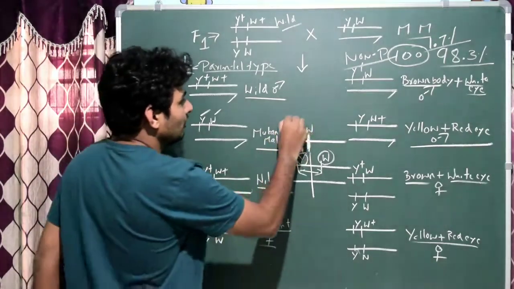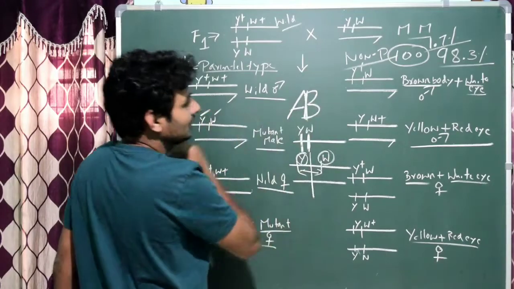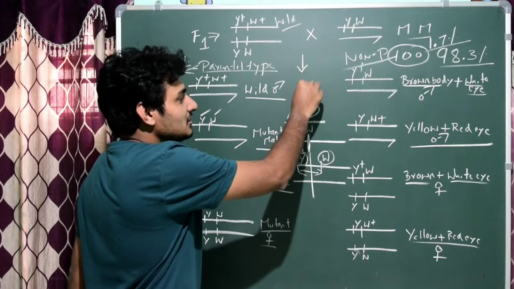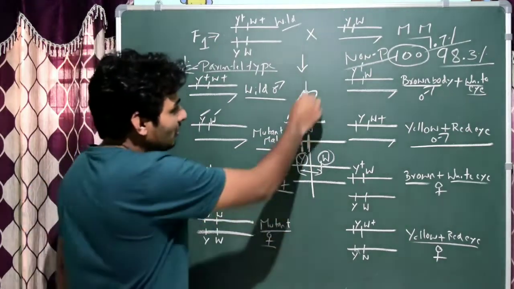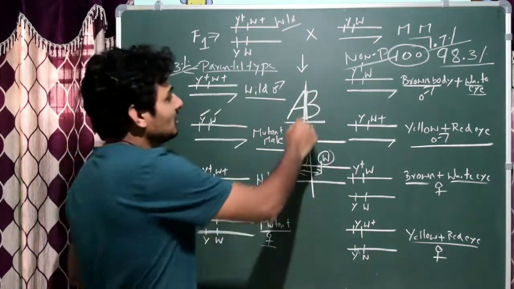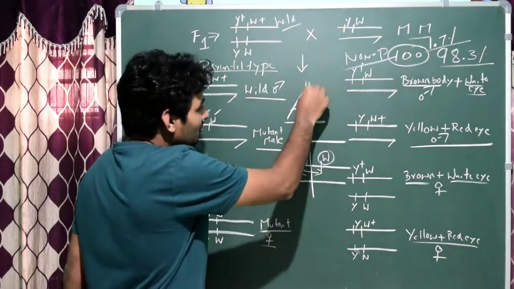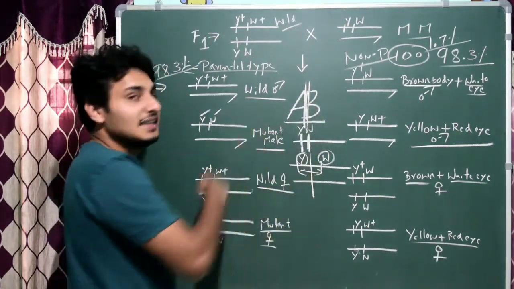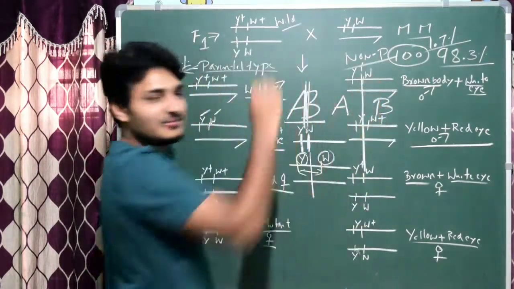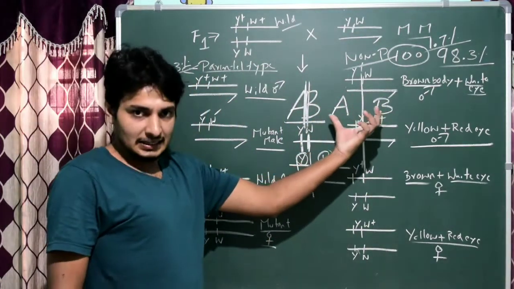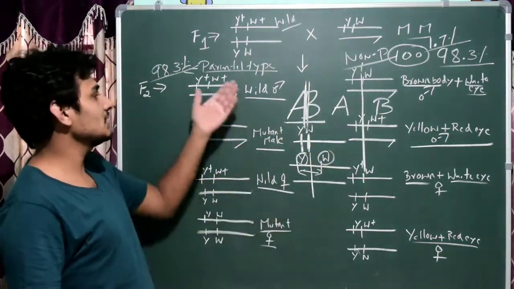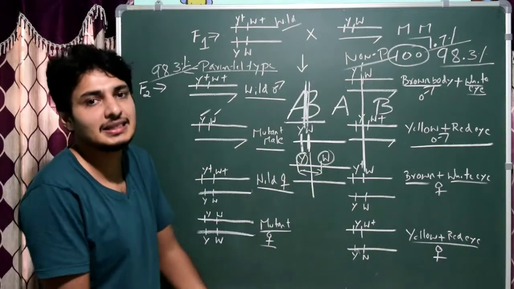If I try to cut, for example, A and B, see here, they are very tightly linked. If anybody asks me to separate A and B, is it possible? No way, it's very difficult. If I try to cut it, maybe some segment of A also gets cut and goes with B. If I cut from this side, maybe some segment of B may go with A. So it's not possible. If distance is there between the two genes, then I can easily cut. So if I can separate A and B, then you see recombination. If I cannot cut, both will go into the offspring, and they express parental type.